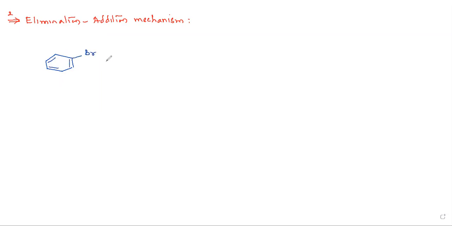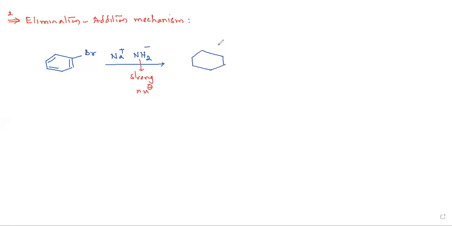Let us take a bromobenzene. When this is treated with sodium amide, we know that amide is a stronger base. Of course, a strong nucleophile also. Okay. With sodium amide,